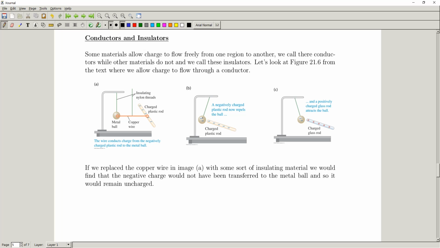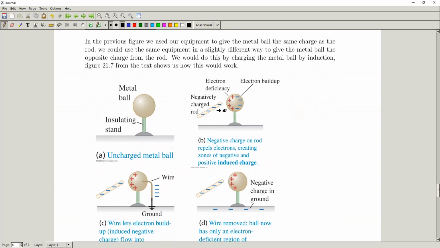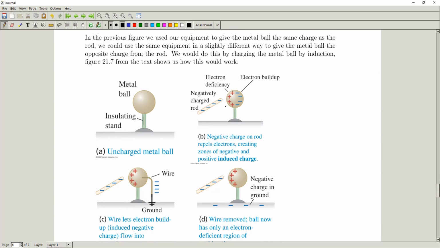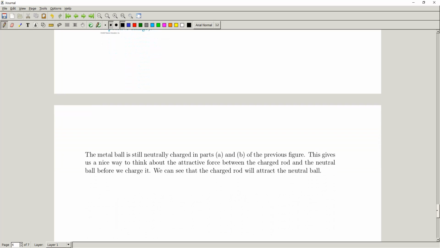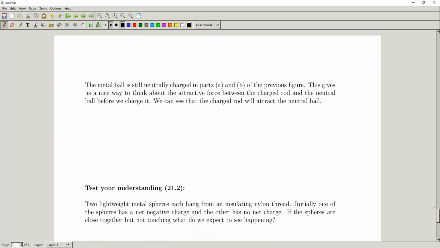So if we go back up to this setup that we have over here, and if instead this ball had no charge on it, we would end up, maybe I'll draw it down here. Let me get rid of this for now. Okay, I'm going to try and draw this as best as I can. So this is our rod. It has a bunch of negative charge on it. As we bring it close, we end up getting positive charge and negative charge splitting up over here like this. And so we will end up seeing a net attractive force